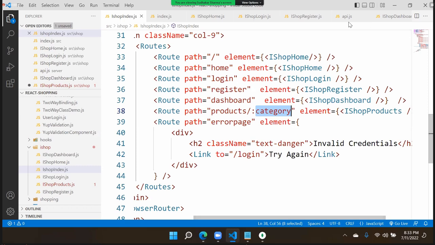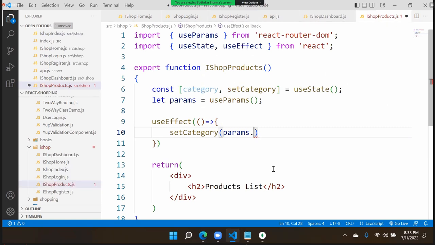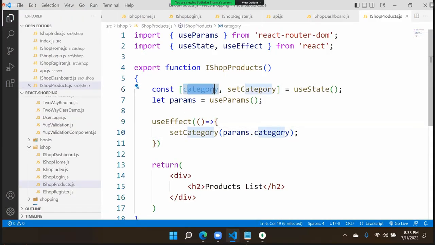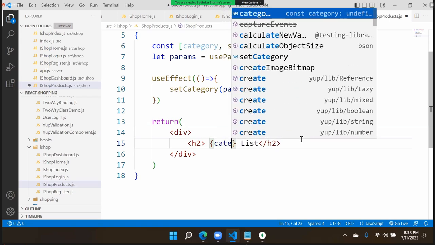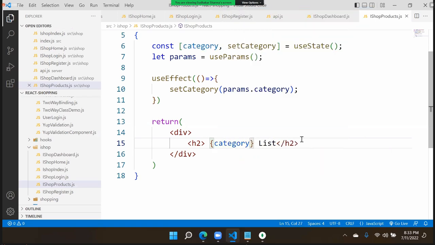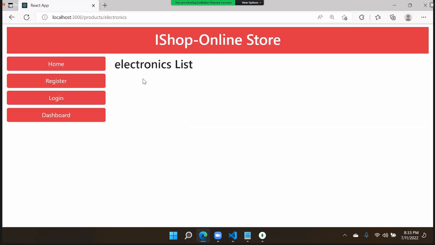That means I have to use it here: params dot category. It will get that parameter and store it. Whatever parameter it collected, it is storing in this state that I have to display here. So here I will define an expression, the category name and list. It should display electronics list